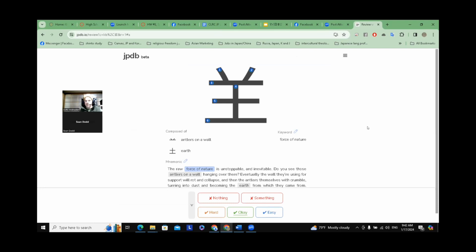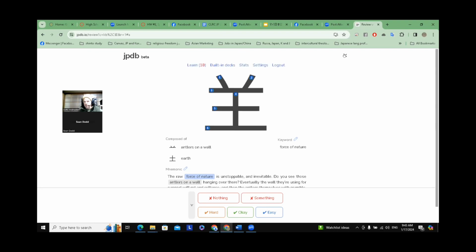So this is another aspect of JPDB that I myself don't utilize, which is that it incorporates Heisig's Remembering the Kanji into its system. So yeah, if you've never done Heisig's Remembering the Kanji, it will have actual kanji, and then it will also have you memorize components. And then it'll give you a mnemonic. It's a way of trying to get you to remember the kanji. Personally, if you go into settings, you can turn the kanji cards off entirely.